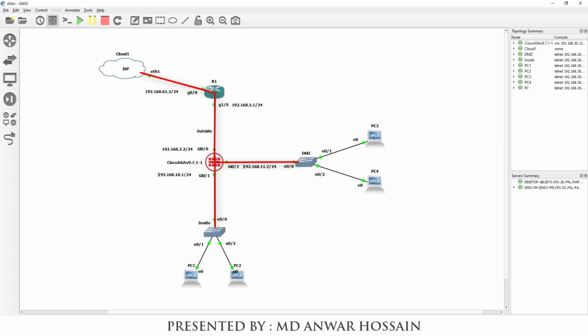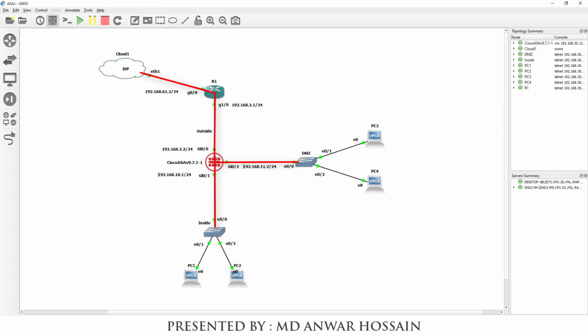For router 1 gigabit 0/0, the IP address is 192.168.61.3/24. In router 1, we have one more IP address for gigabit 1/0, which is connected to the ASA firewall. The IP address is 192.168.2.1/24.